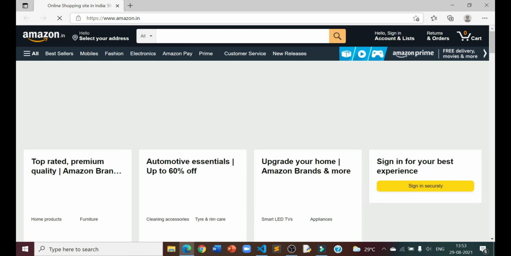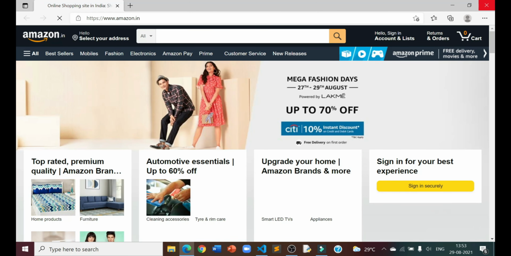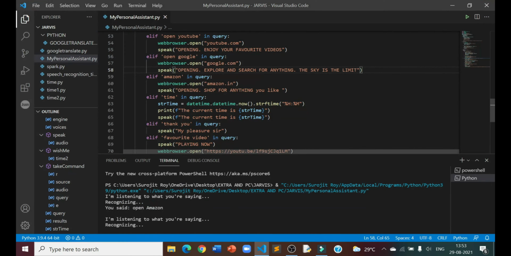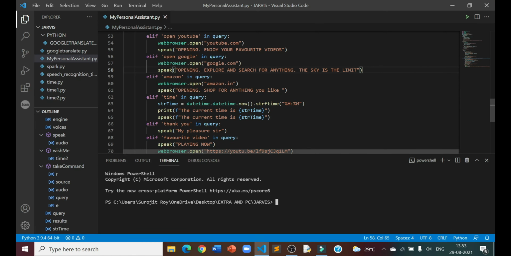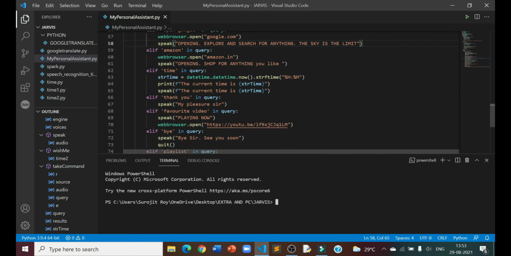Shop for anything you like. So it opened Amazon for me too. So again, this is a bit slow, but it saves time and your hard work which you put into typing Amazon on Google. So that was it for the open function.